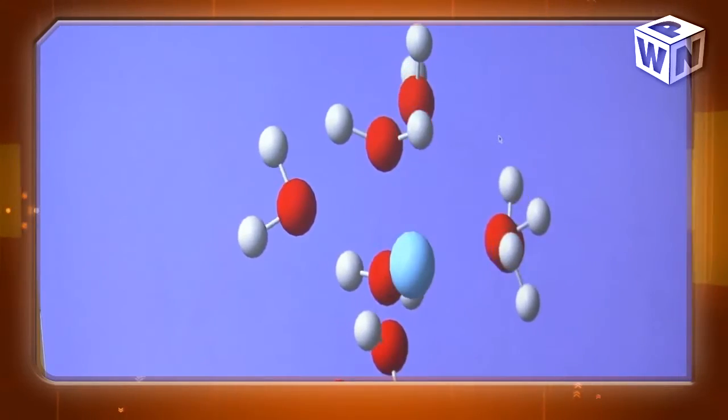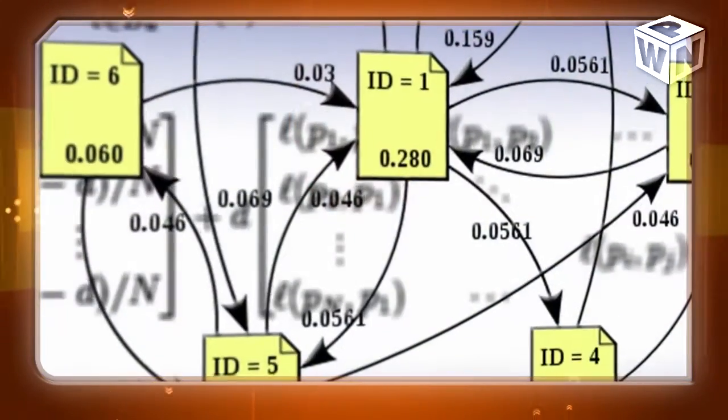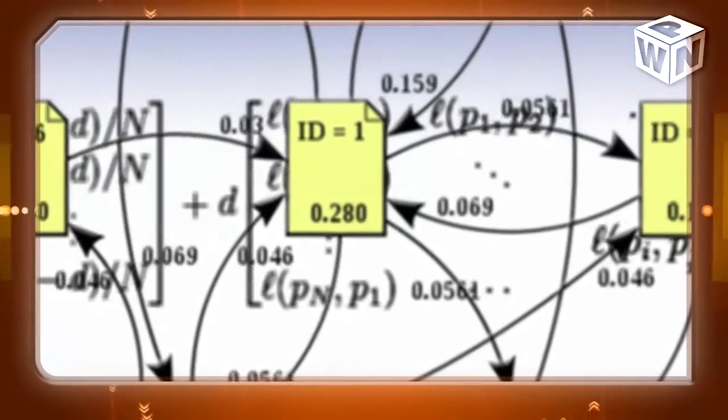Well, anytime you're looking at connectivity, it doesn't really matter what the individual pieces are that are connected. What matters is the fact that you have two species. In our case, we're interested in water molecules and how water molecules interact. And so basically we took the Google PageRank algorithm and we replaced the units of websites within that algorithm with molecules, and we defined an interaction between those molecules, and we said that that interaction was like a hyperlink.